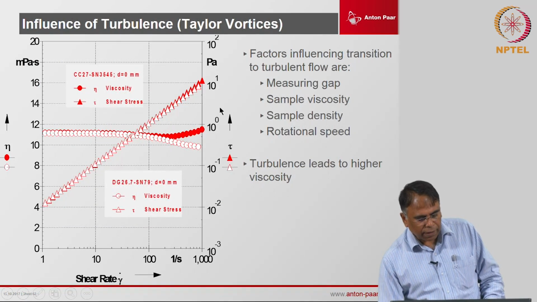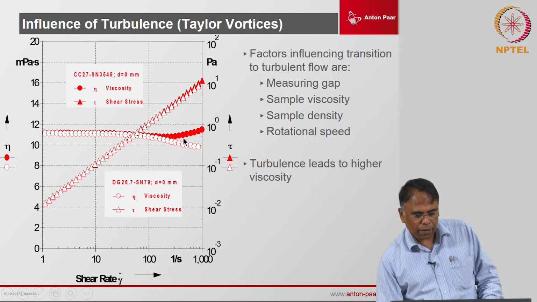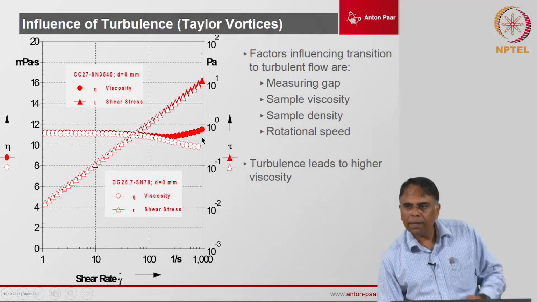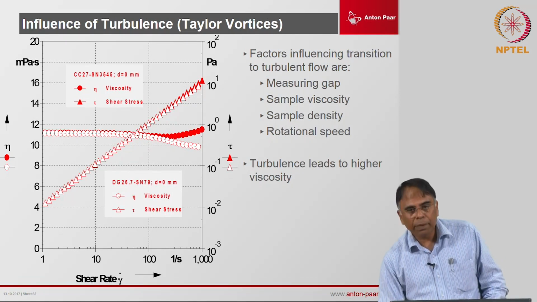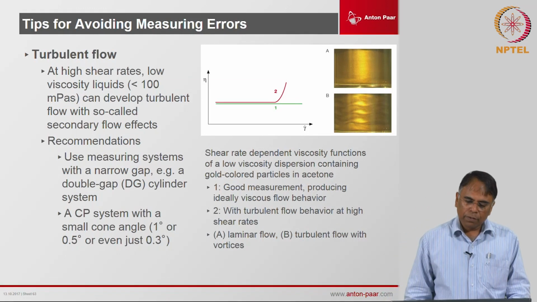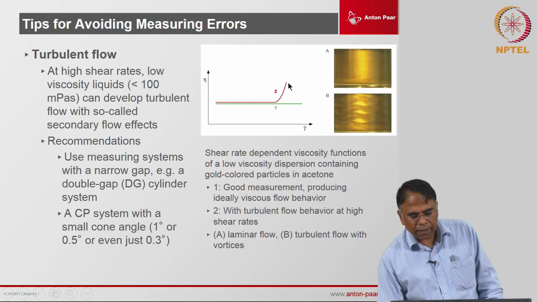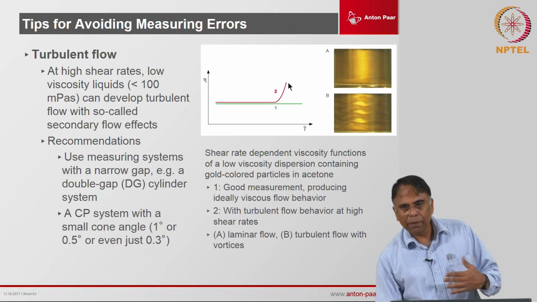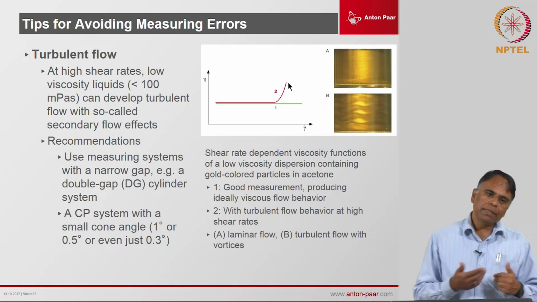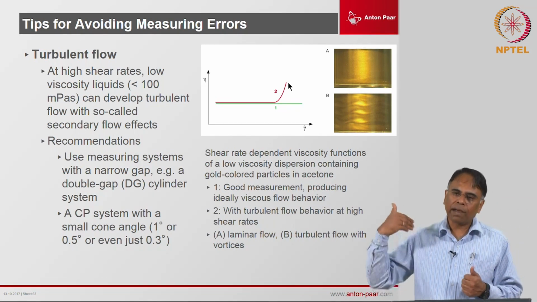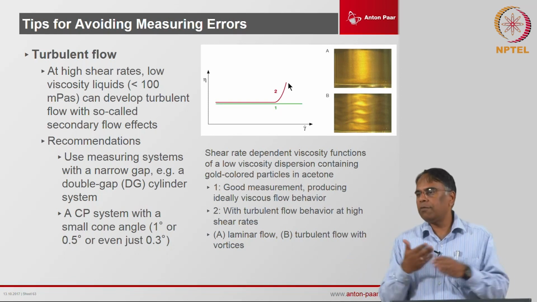This is the influence of the Taylor vortices or the turbulence. We have already discussed that, and we can reduce this, or I would say push this forward, by adjusting the gap or lowering the gap, if of course the sample allows that. So, it depends on the particle size inside that. The turbulent flow will generally cause an increase in viscosity. Many people say that this is shear thickening. No, this is not shear thickening. This is simply the physics giving us the effect of high viscosity because of turbulent flow, okay.